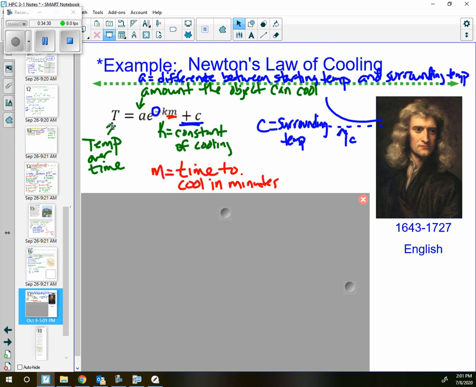I know we talked about it never touches the asymptote. In this case, it's going to approach the asymptote and it's probably going to equal it as well, because we can get to that temperature if we let it cool off that much before we eat it, right? All right, so